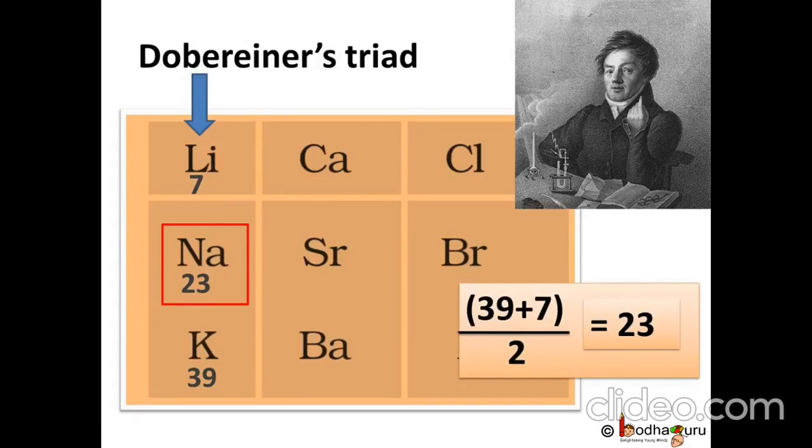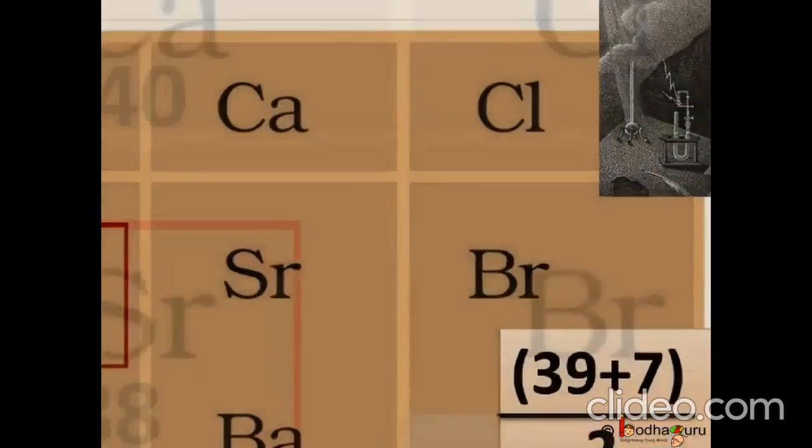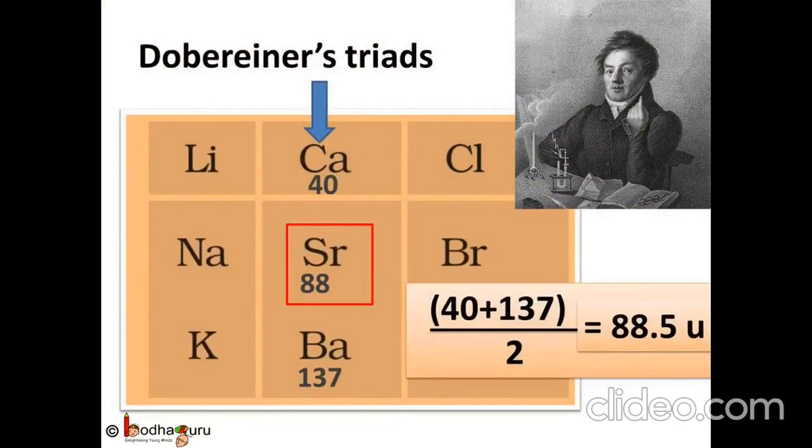And as we saw, it is the arithmetic mean of the atomic masses of lithium and potassium. The second triad consists of calcium, strontium, and barium. Here, the atomic mass of calcium is 40 and that of barium is 137. Now, the arithmetic mean of the atomic masses of these two elements is 40 plus 137 divided by 2, which